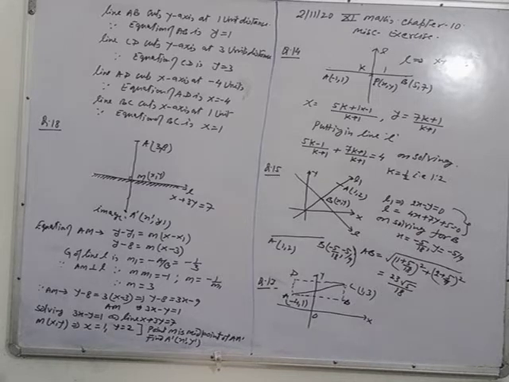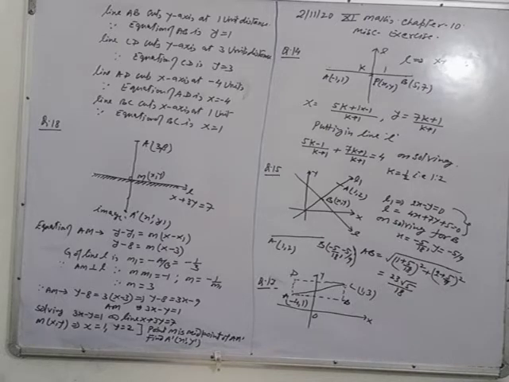What is the question? A line, you can take as L1, passing through the origin whose equation is 2x minus y is equal to 0. There is no constant term, so this line passes through the origin. Roughly you can draw the figure. And this line L1 intersects the given line L whose equation is 4x plus 7y plus 5 equals 0, at point B. There is a point A on the line L1 whose coordinates are (1, 2). According to the question, you have to find the distance AB.